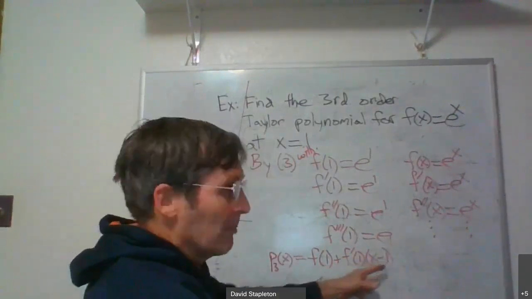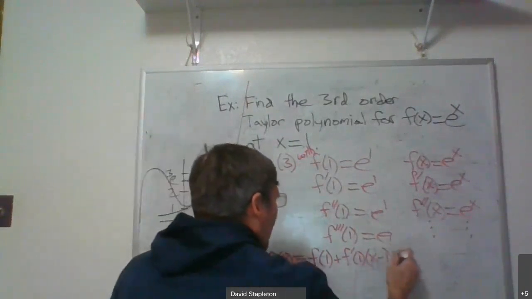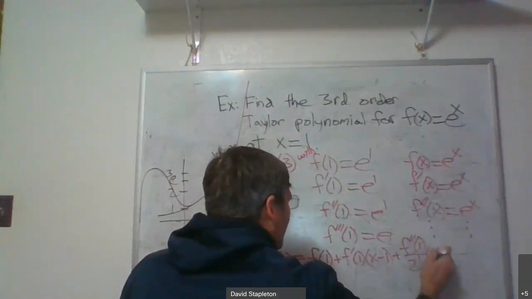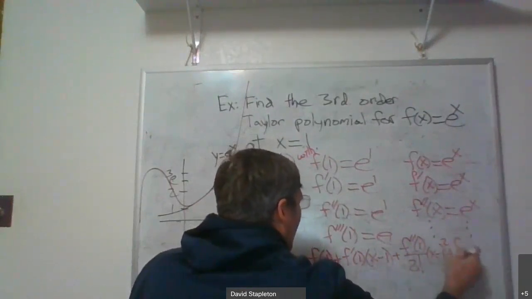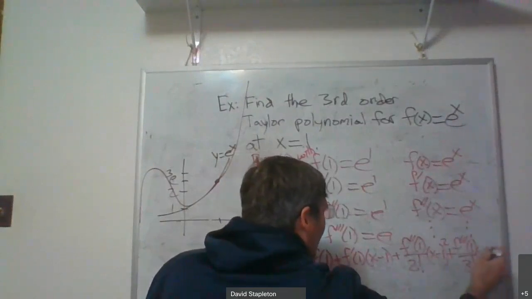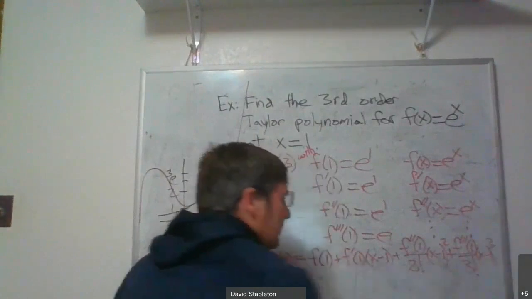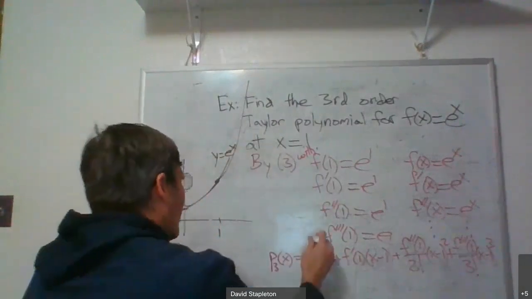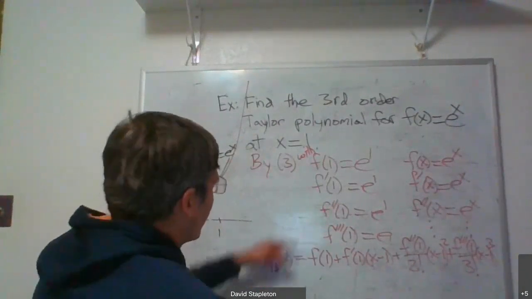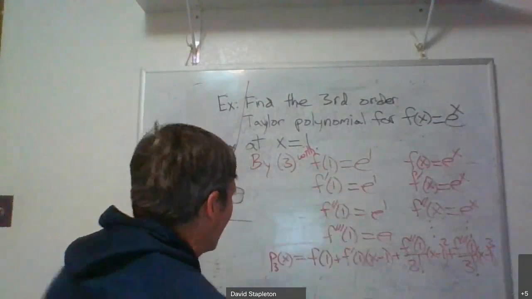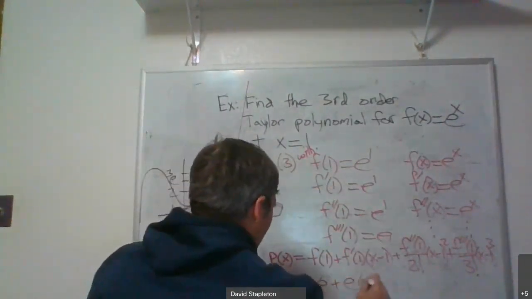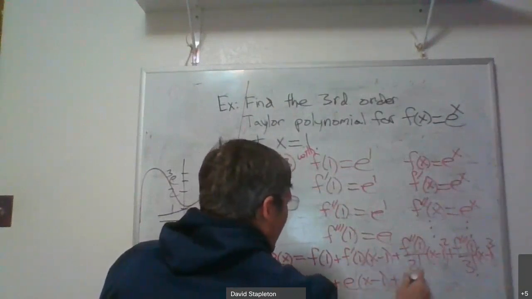what? It's equal to f at 1 plus f prime at 1 times x minus 1. This is it with x equals 1 plugged in. That's all it is. Plus f double prime at 1 over 2 factorial times x minus 1 squared, plus f triple prime at 1 over 3 factorial times x minus 1 cubed. So there's the answer. But I need to find out what those values are. Fortunately, I found that all those values are e, right? So I can say it's actually equal to e plus 1 plus e over